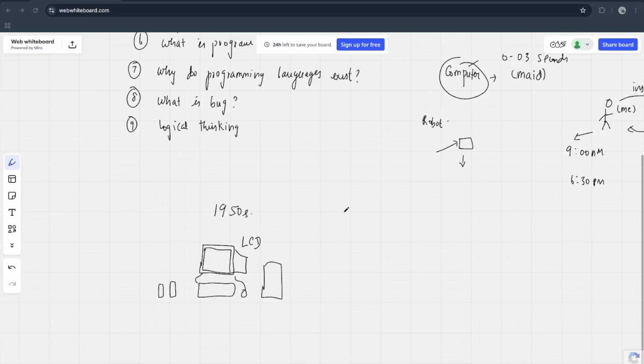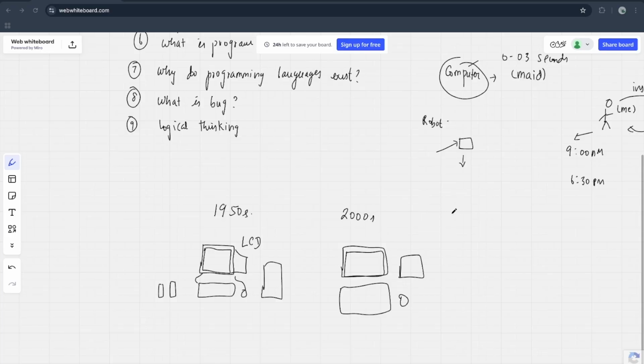So after that, in 2000, what happened is we got the LED model. So this bulky backside of the monitor is actually reduced to a slim size like this, and we got wireless keyboard and mouse. I don't know whether it is looking like a keyboard or not, but I'm sorry.